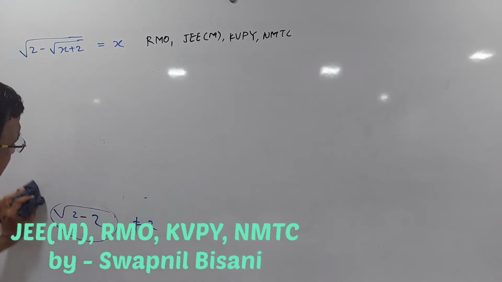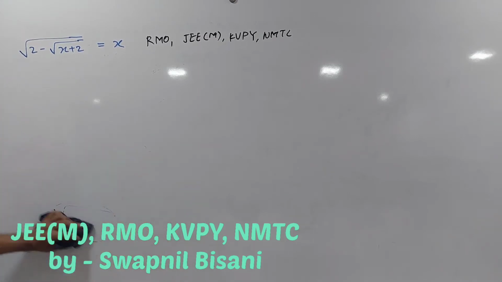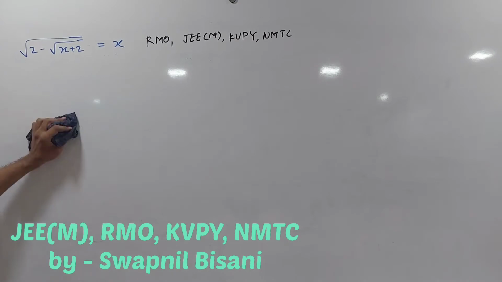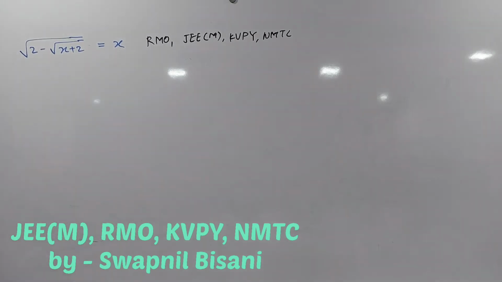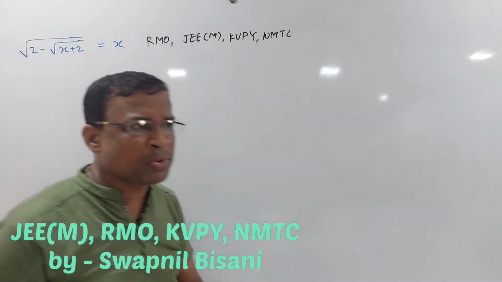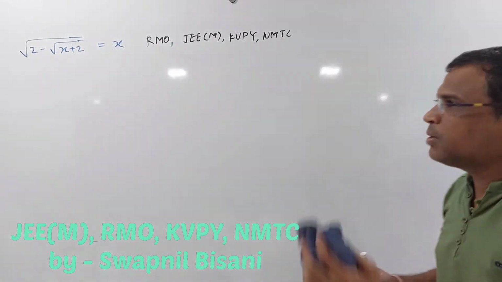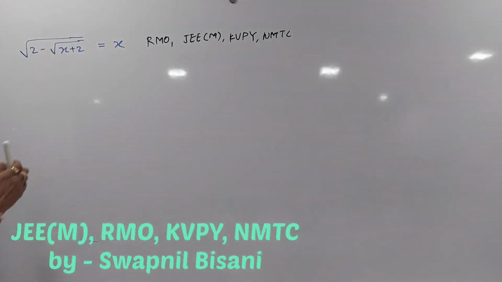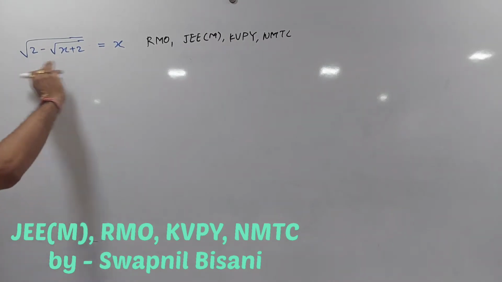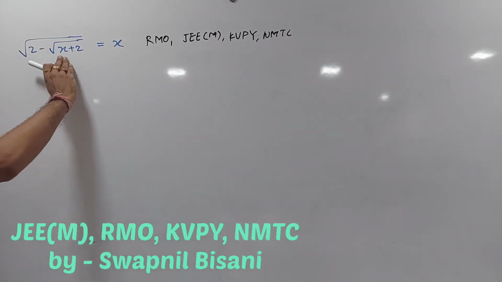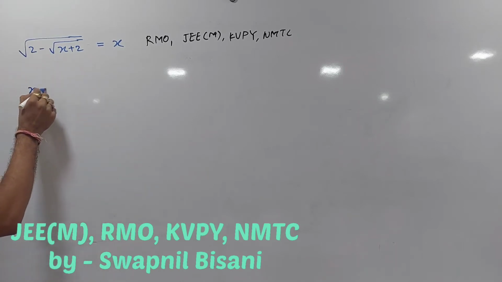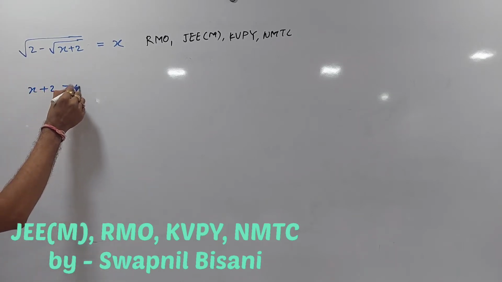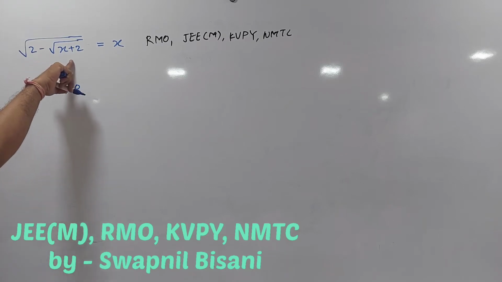So here I will let you know some other approach and just be focused on that. That is again very important, and not just for this type of question, it could be for other similar kinds of questions. Fine. So what I am doing here, just try to understand. We are talking about real numbers. So this x plus 2 shouldn't be negative. So I can say that x plus 2 should be greater than or equal to 0, because this under root should be positive.